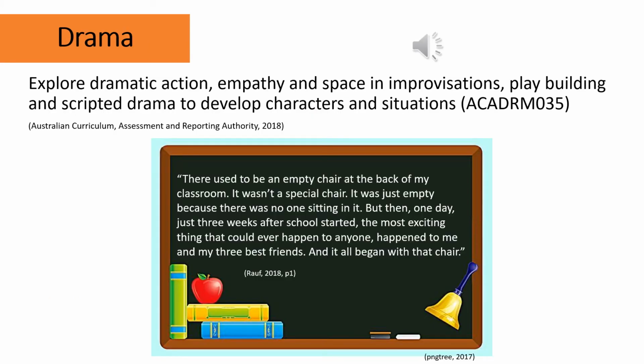So following on into drama, this would be the main content descriptor that the next activity would be focusing on. And as a creative hook, the teacher would be reading out from a new text, which goes: